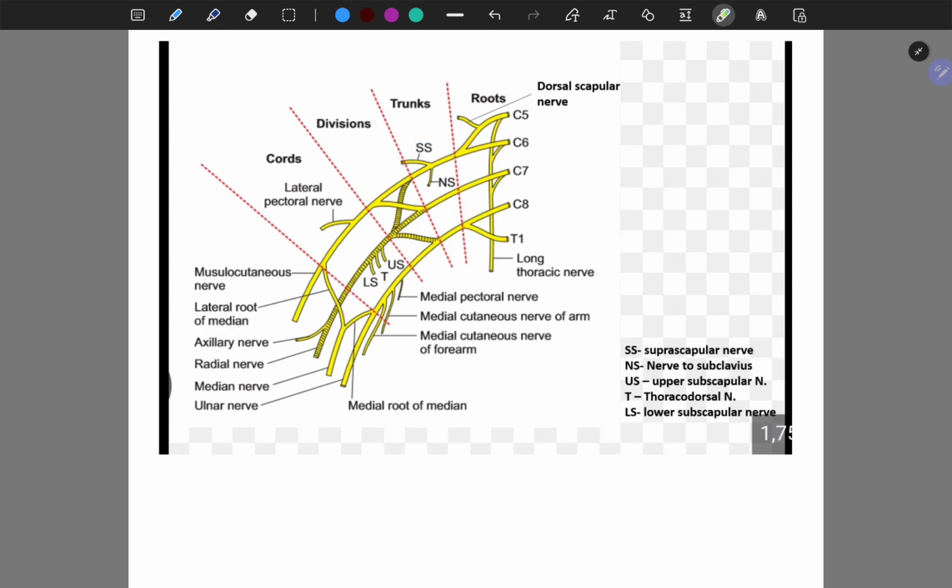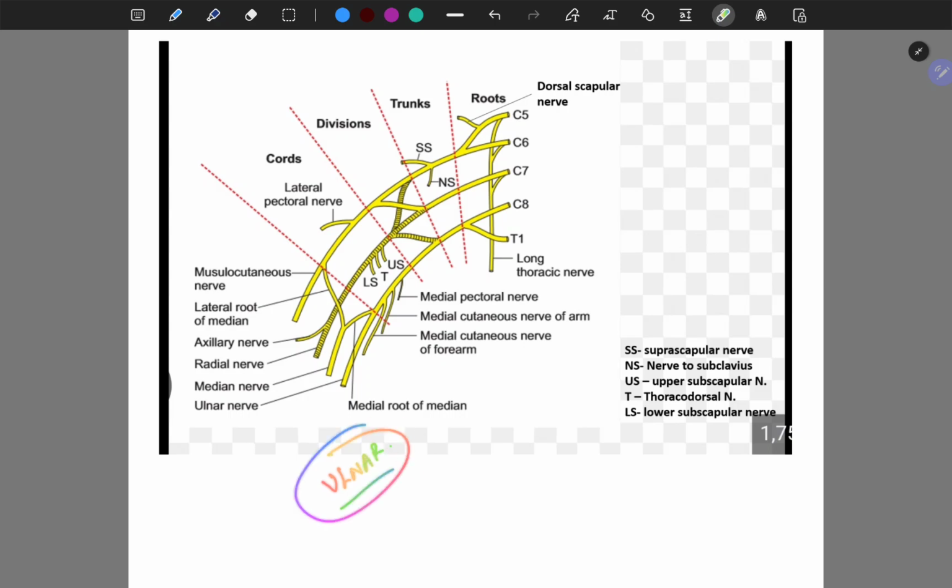Just remember this mnemonic: from the lateral cord, LML: lateral root of median nerve, musculocutaneous nerve and lateral pectoral nerve, whereas the medial cord of the brachial plexus is 4MU, which is medial pectoral nerve, medial root of median nerve, medial cutaneous nerve of arm, medial cutaneous nerve of forearm and ulnar nerve, whereas the posterior cord of the brachial plexus gives rise to